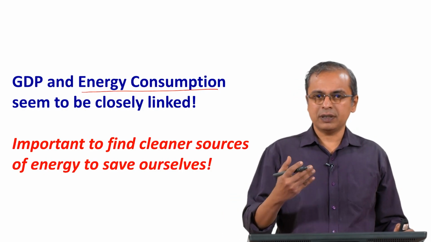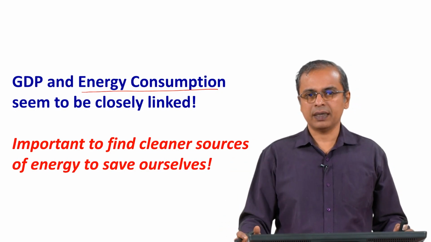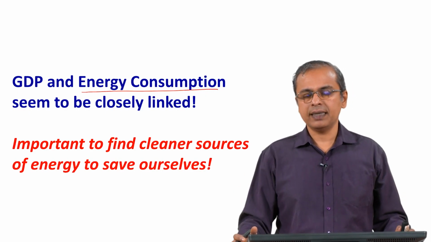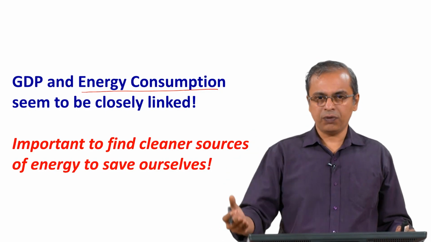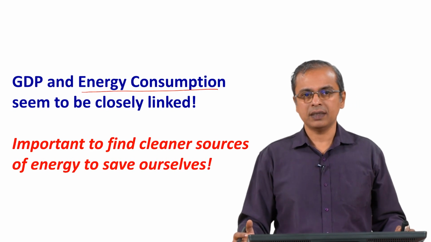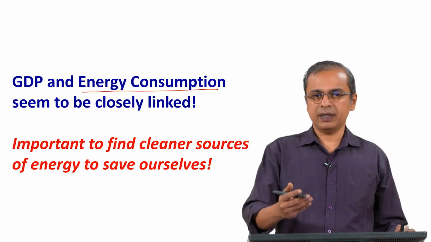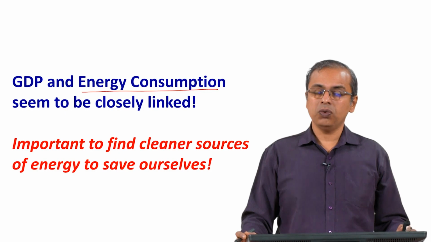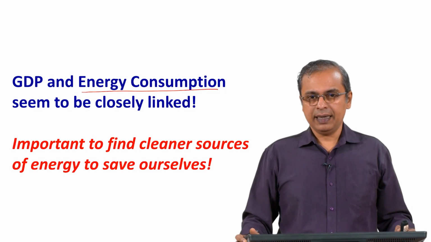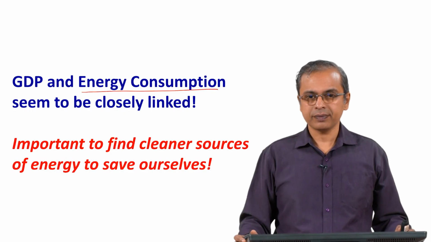It is a natural link because if the GDP is high, it means you have a lot of commercial and industrial activity, and typically that means there are more industries and more factories, more places where energy is being demanded and consumed in significant quantities, because all of these factories need a considerable amount of energy. Therefore naturally if GDP is high, energy consumption is high. People in fact use energy consumption as a track of the GDP, and if you look at the data, you see this link between the two.